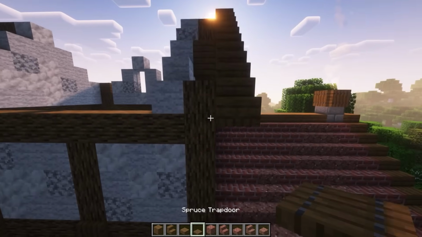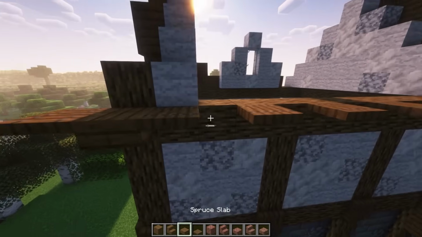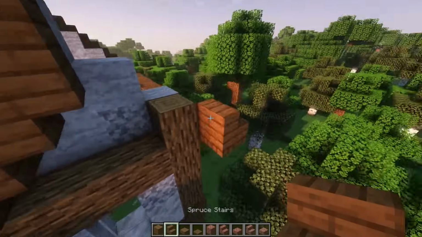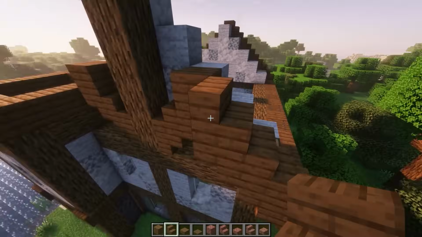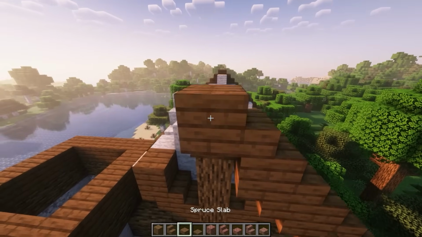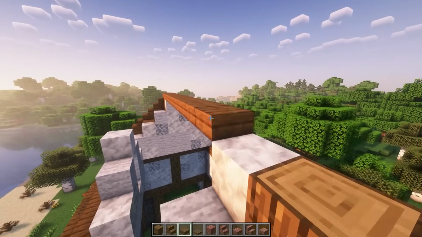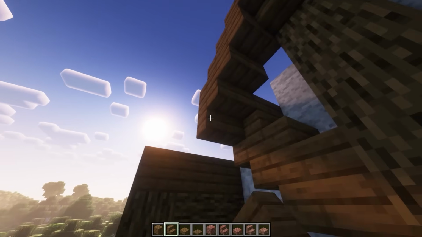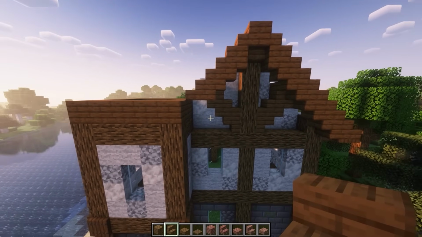Then we'll place our alternating trapdoors and slabs going across the backside. The frame on this side will be the same, but you'll notice it gets cut off by the tower. I'm going to connect these spruce slabs going across the top. Then we'll continue going down with the stairs. And I'm just going to stop that right here, and I'll fix the rest when we go to do the